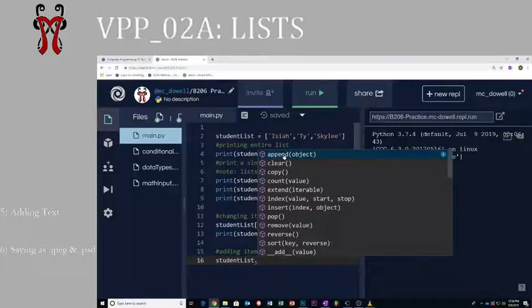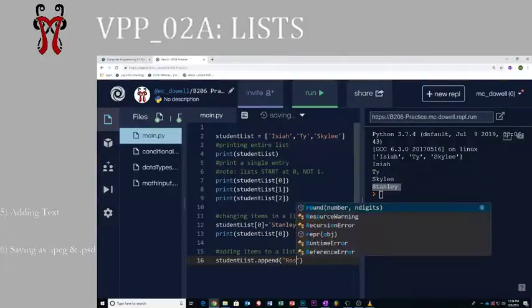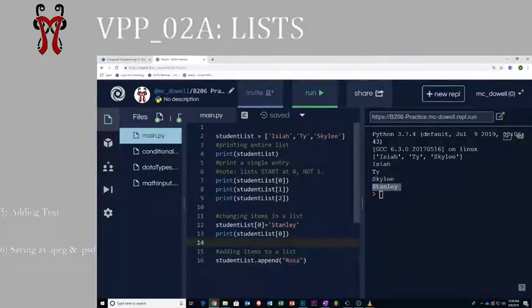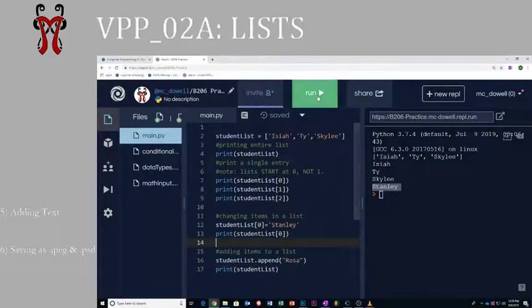The append command allows you to add to a list. So I put parentheses after this dot append, and inside the parentheses I can add something. I'm just going to put a new person in here. Let's see. I'll put, is Dom here today? No, Dominic. All right, I'll put Rosa in there. And now if I print out that entire list again,